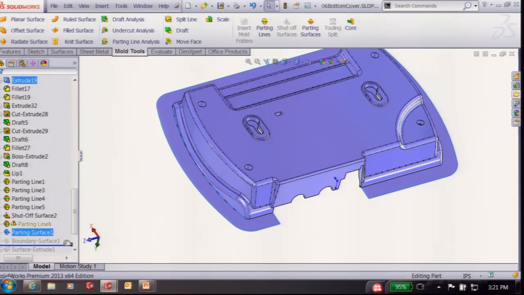And then I do a boundary surface. Boundary surface is a handy tool if you're doing any surface modeling. I use it quite a bit. And what that essentially is, it's like a glorified loft where you can actually use more than one control for the directions. And in this case, I